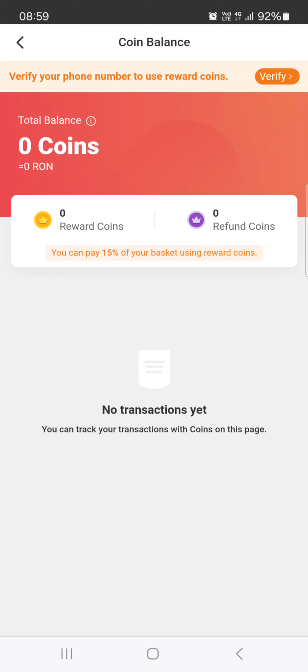So these are like money that you get back from your purchase as a reward for purchasing from this site. And then you can use these coins to buy